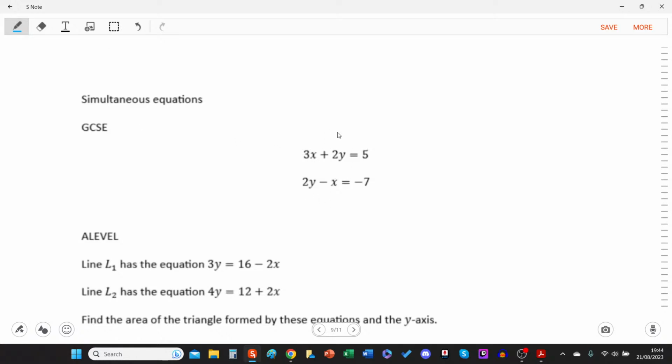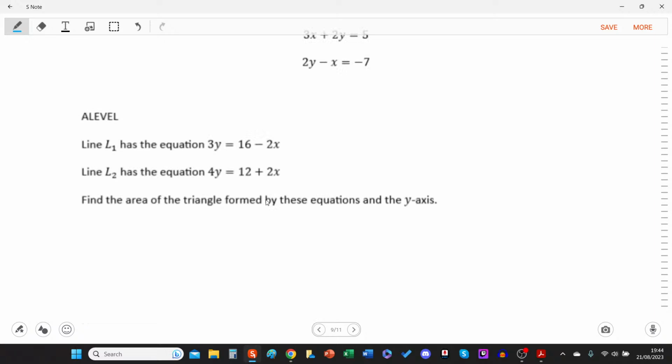Right, this is what you're used to anyway. So let's look at what A-level does to change things. And there are many ways that it changes things. This is just one thing to consider to give you a nice preview. We might say something like the line L1 has the equation blah, blah, blah. The line L2 has the equation blah, blah, blah, blah. Find the area of the triangle formed by these equations and the y-axis. So you're going to kill 2 birds with 1 stone here